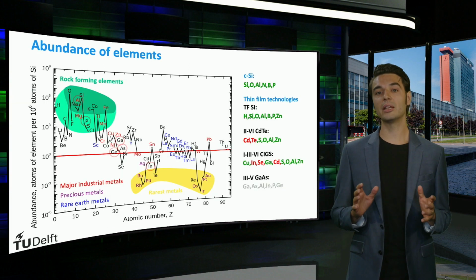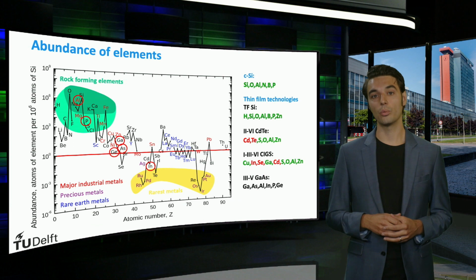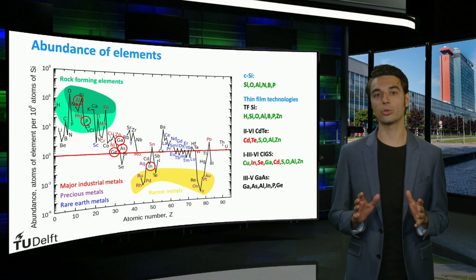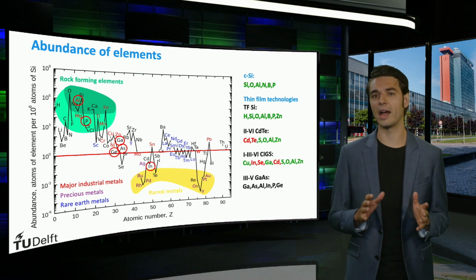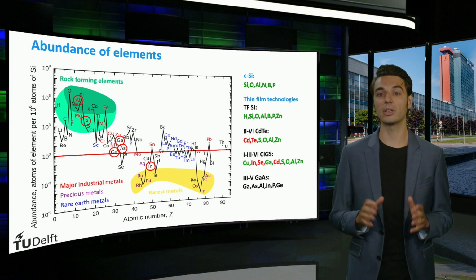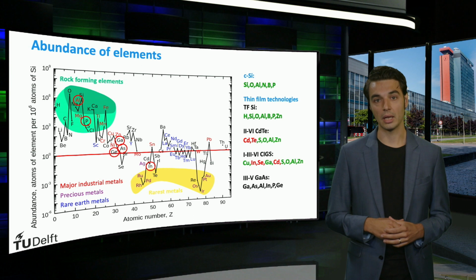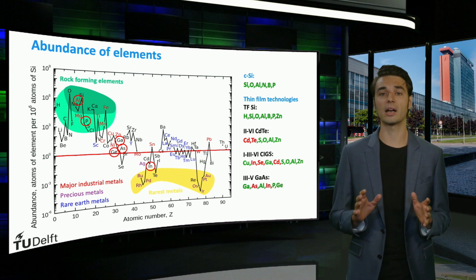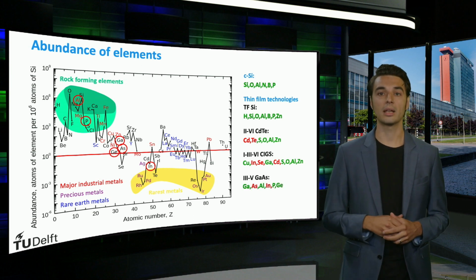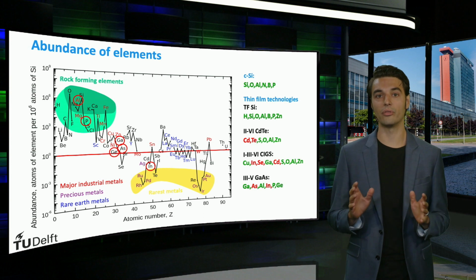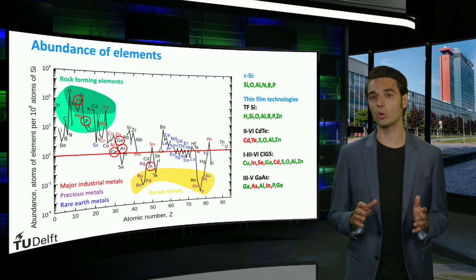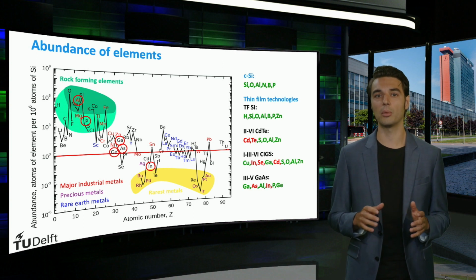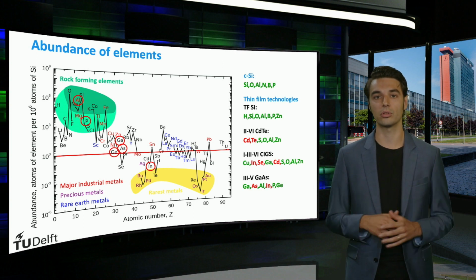If we look at the elemental abundance of III-V technologies, we see that only aluminium and phosphor are really abundant. Gallium, arsenic and germanium are not rare or precious, but they are much less abundant than silicon. Indium, as we discussed earlier, is rare and in high demand. Gallium arsenide is therefore a very expensive material. Moreover, arsenic is highly toxic and it is strongly suggested that gallium arsenide is carcinogenic for humans.